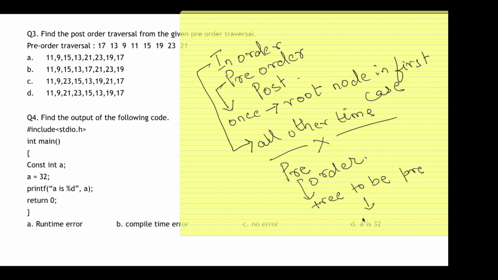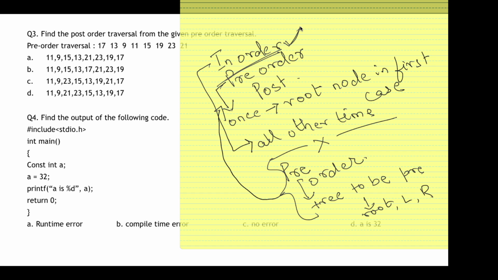Okay, the first node is the root node, then the left node, then the right node. But don't make this mistake: whenever in-order is given, you need to consider in-order. In-order gets priority. Pre-order is used only once, for the first time, when you find the root of the tree. For the rest of the time, throughout finding the nodes of the tree, you'll always use in-order traversal.